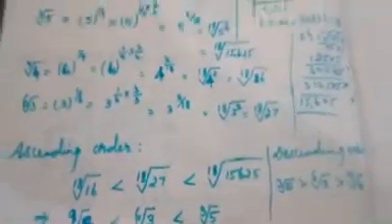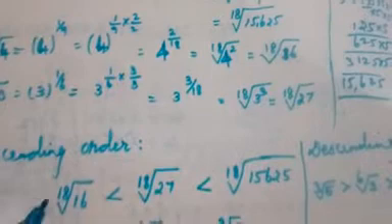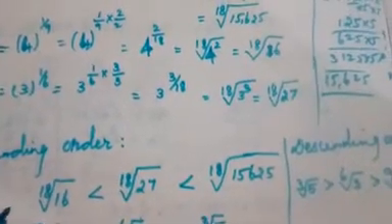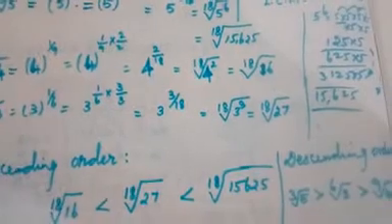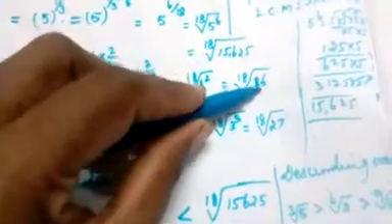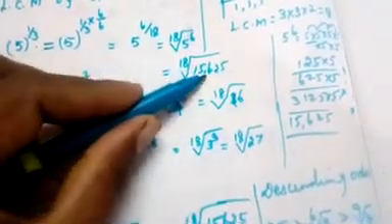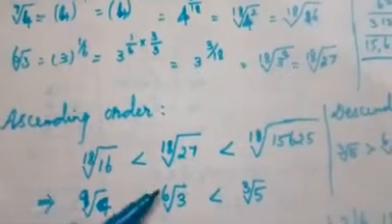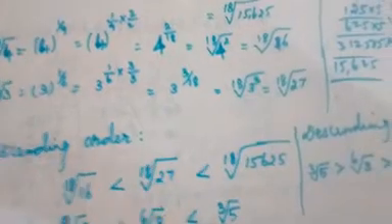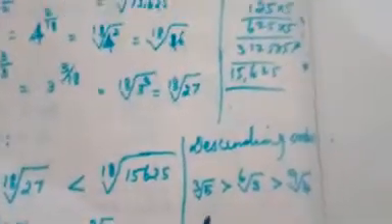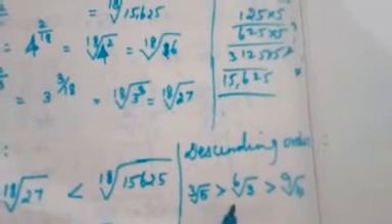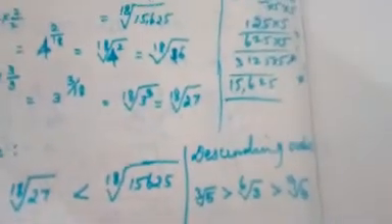Now we want to write in ascending order and descending order. In the question they asked only descending order, but you have to write both ascending order and descending order. Ascending order means small number to big number. Since the orders are the same, you have to write with the small number. 18th root of 16 is the first small number. Next 18th root of 27. Next 18th root of 15,625. So the related values: 9th root of 4 is less than 6th root of 3, less than cube root of 5. The descending order, you just write in reverse position. Cube root of 5 is greater than 6th root of 3, then greater than 9th root of 4.